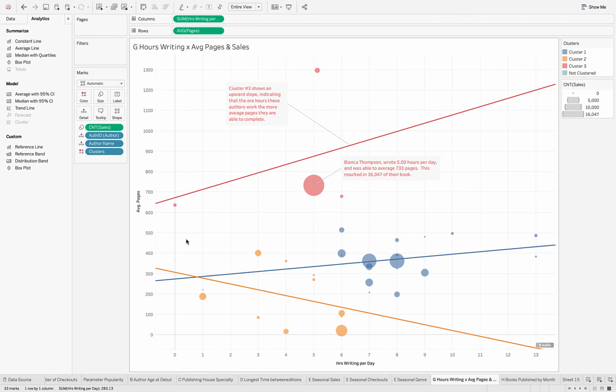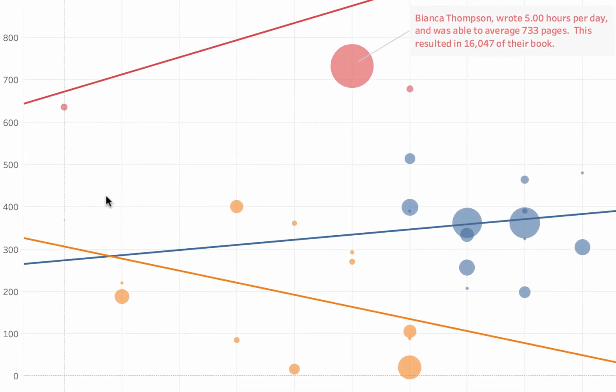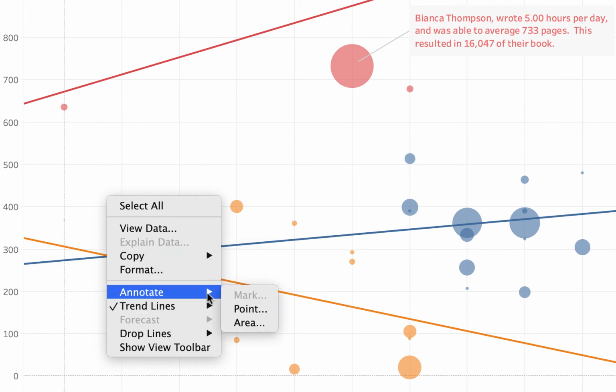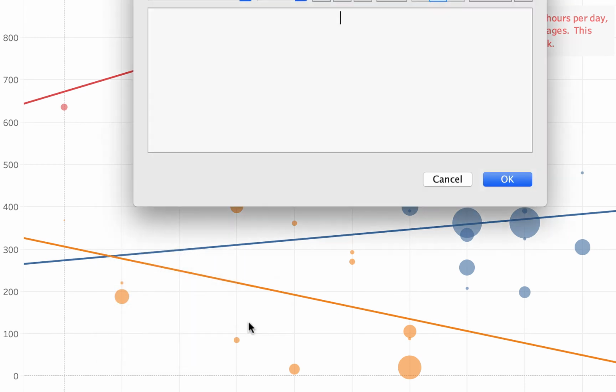And what I'm going to do is create an annotation that basically highlights the yellow or orangish marks for cluster 2. So that's what I'm going to do. I'm just going to right-click, choose Annotate, and in this case I'm going to choose an area, and it starts off the same way with our annotation box, and I'm simply going to type in cluster number 2 consists of